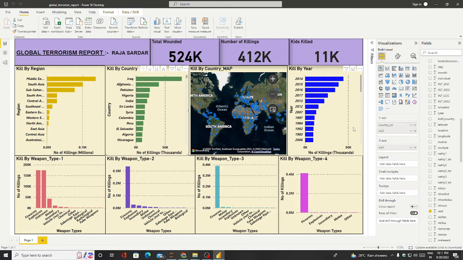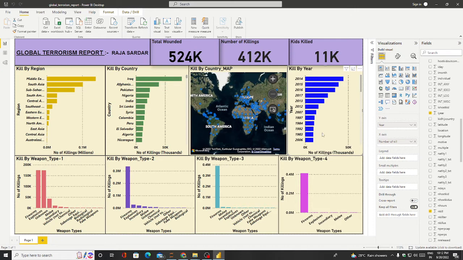So next part is the kills by year. So each and every year how many killings are there. If I hover on this year 2014, the number of killings is 44,490. Then in 2017 it is 26,445, and 2006 is 9,380 killings. So moving to the next segment,